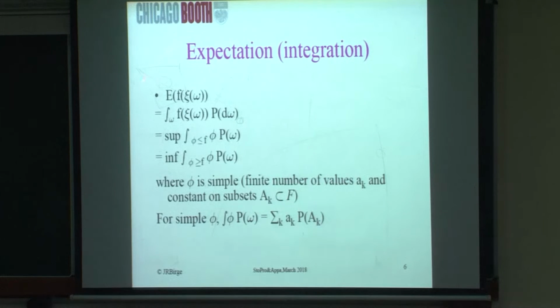Okay, so expectation is just integration, and this is the way to write the Lebesgue integral. So we're going to take expectation as the representation of the Lebesgue integral, and the only thing I'm doing is saying, okay, I'm going to apply it to these subsets. Just like you apply it to intervals on the line, apply it to subsets of all the possible sets of outcomes.